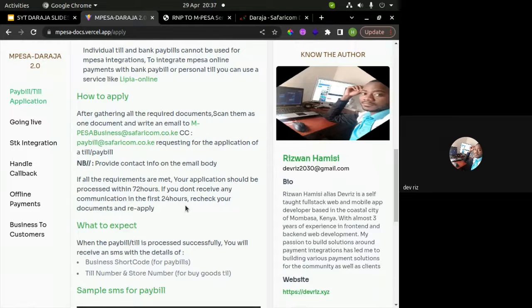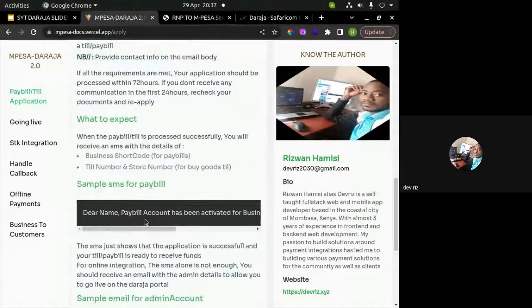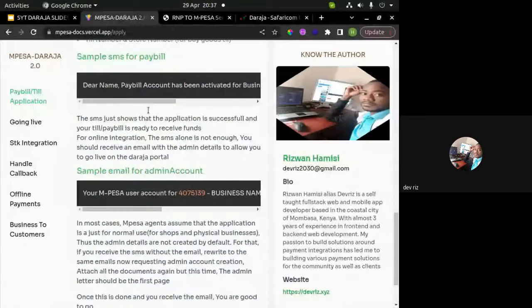Same to this application. So if after 24 hours there's nothing, there's no response, then just reapply again. So just assume there's an error somewhere. Nobody came across your ticket, so just reapply again. A new ticket will be settled, and you might get the pay bill in less than 24 hours. So after you apply, you're going to receive an SMS. This is a sample of the SMS. You're going to go through that. Then again,